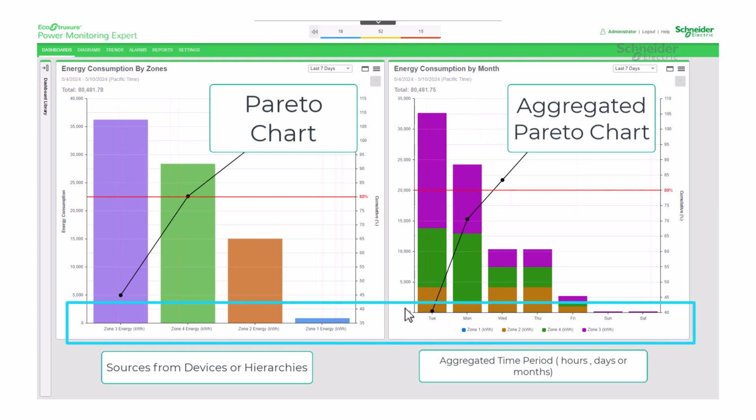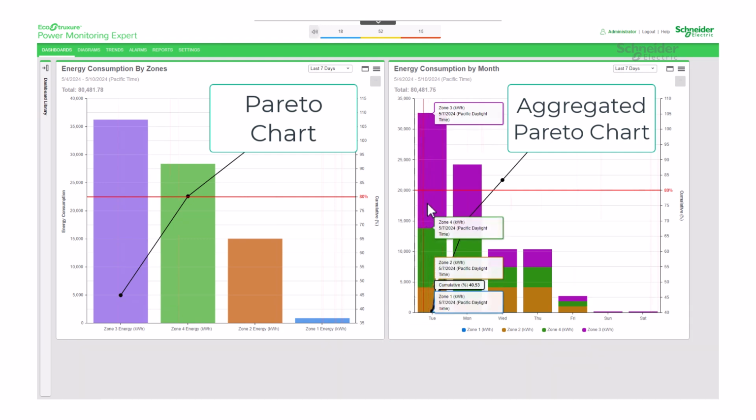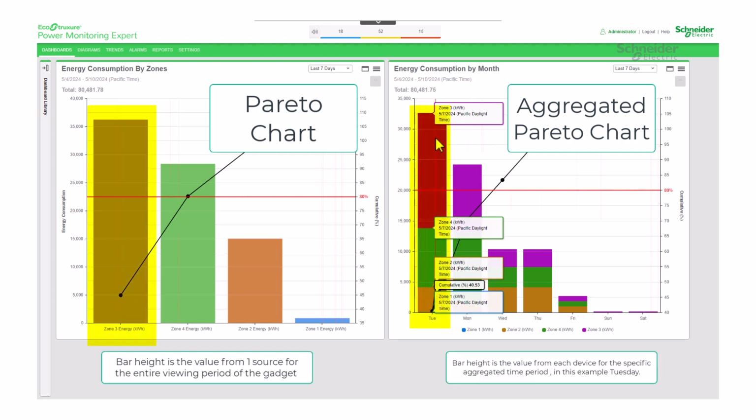Instead of displaying individual sources, it shows a time period, which could be hours, days, or months, depending on the gadget configuration. Next, let's consider the bars. Each bar represents the information of all the devices, with different color segments, indicating the energy consumption of each device during that specific time period, hour, day, or month.